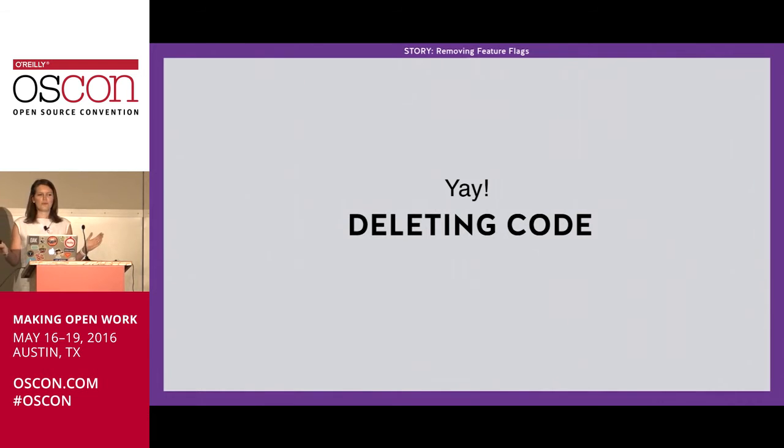So say you want to remove the feature flag. Cool, we're just deleting code. It should be so easy. You just slash and burn it, you know. But with microservices, you've now spread this code across 3 repositories, or more sometimes. So actually making the change to remove this feature flag requires 3 different pull requests in 3 different repositories. And then to roll out that change, it's going to require 3 different deploys to production. And maybe you have more steps in that process. It requires a lot of overhead.